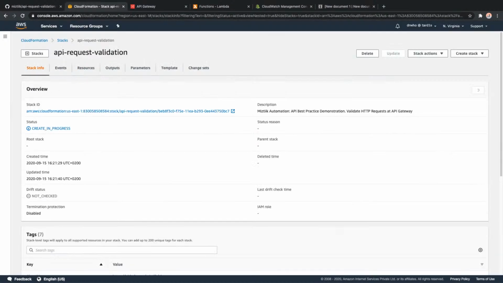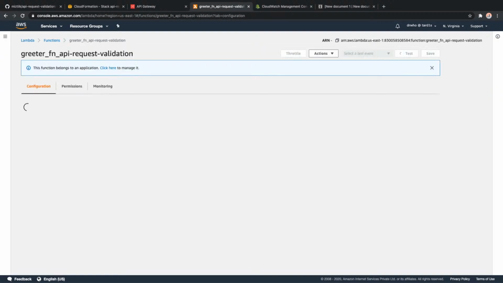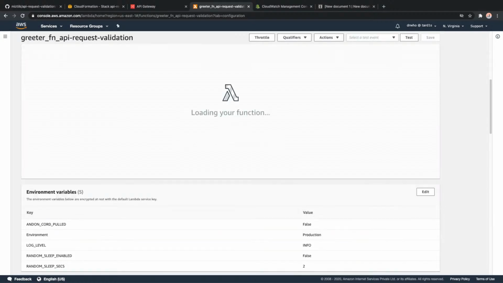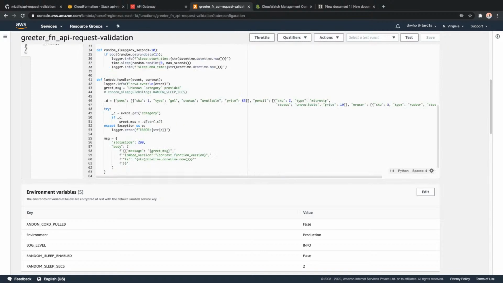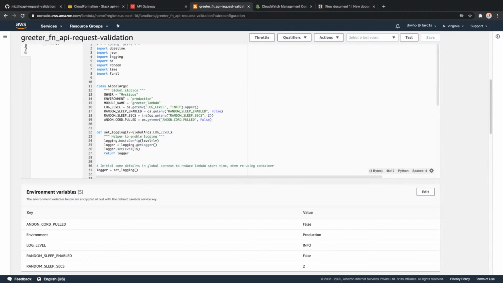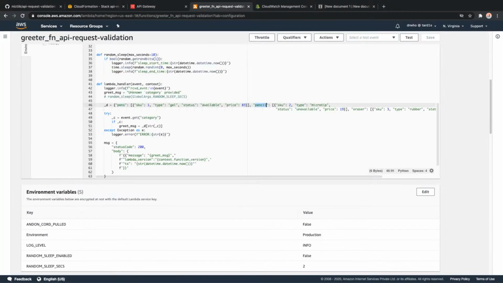Okay, here it is completed, and likewise we will also have a Lambda function, which is the backend that gets triggered and processes the request, like for example the cost and quantity and whether it's available or not. If you go to the Lambda function, it's very simple code. This time I have not used DynamoDB. All the data store information is stored here. You can see in line 46 we have the information for the pens, and I'm sorry, I cannot zoom it here. Anyway, that is for the pens. This is the pencil, and this is the eraser. So whenever we send a request and it matches the categories, we will get the appropriate details.